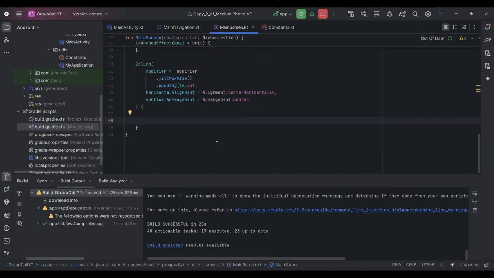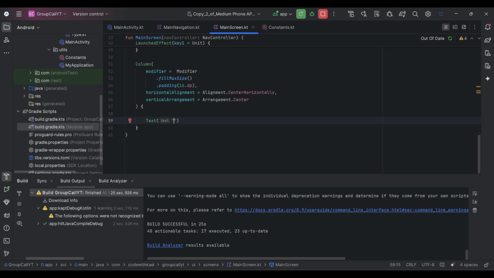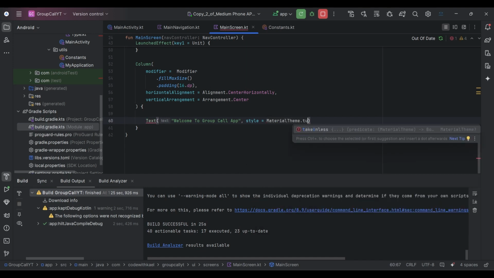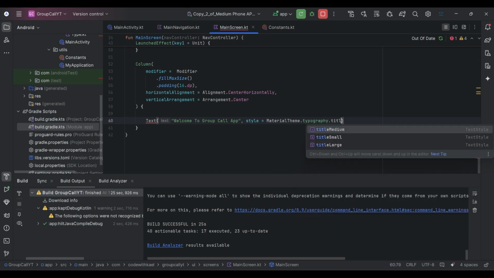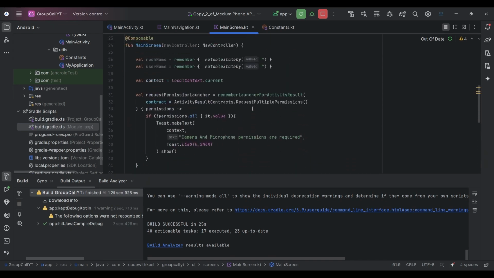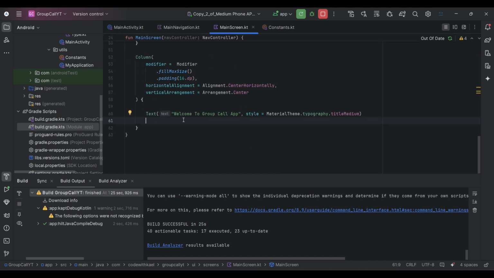Okay, now it's time to add the title. Let's add a text that says welcome to group call app, something like that. And the style is going to be MaterialTheme.typography.titleMedium. So far we should be able to get the permission. Now it's time to add a spacer with the height of 20 dp